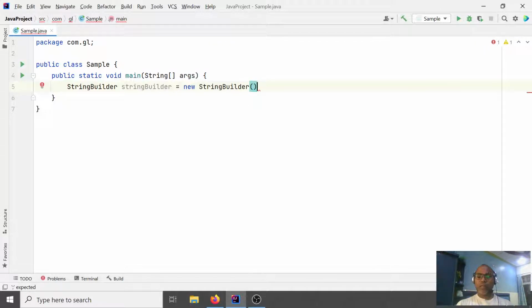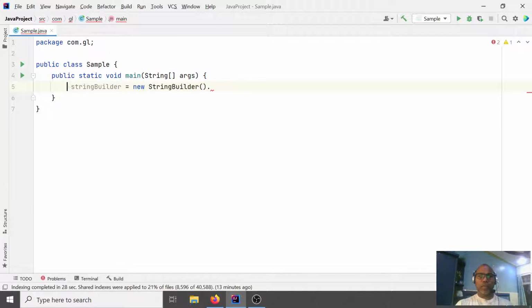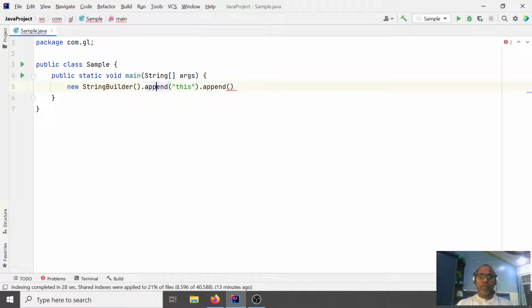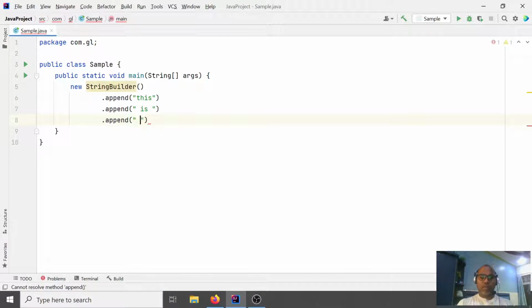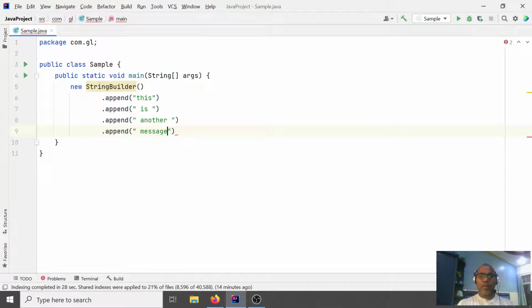Instead of building directly, you write new StringBuilder and then append something, then again append another message, and then append another message.